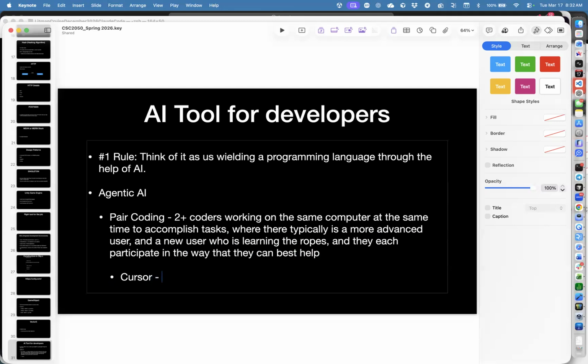So Cursor, we talked about VS Code last class. So remind me, what kind of tool is VS Code? There was a multiple choice quiz and it gave you a whole bunch of options for VS Code. What kind of thing is VS Code? IDE, what's an IDE? Okay, so an IDE is an integrated development environment. I might even say that VS Code is almost at a level above that, newer and better, because historically, IDEs were just text editors that had some quality of life stuff.